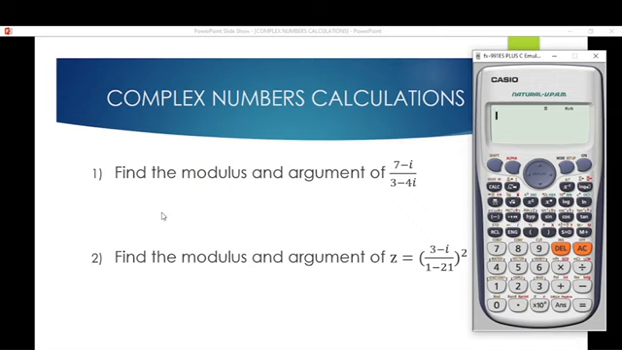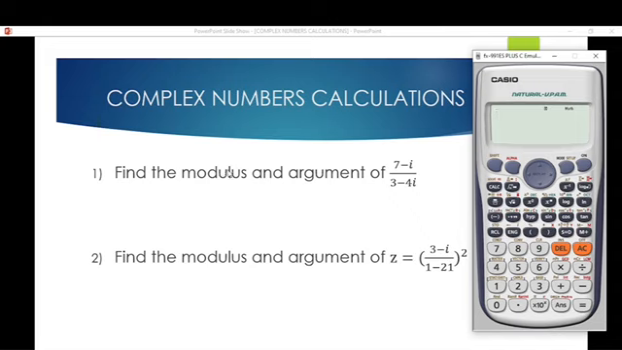So for the first question, we are to find the modulus and the argument of 7 minus i over 3 minus 4i. 7 minus i over 3 minus 4i. So you go straight to our calculator, and with this question,